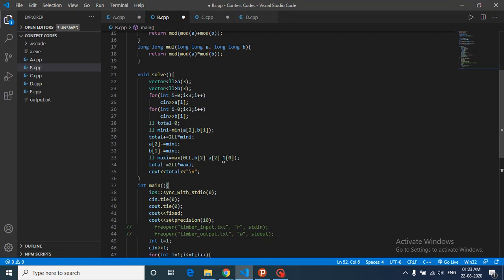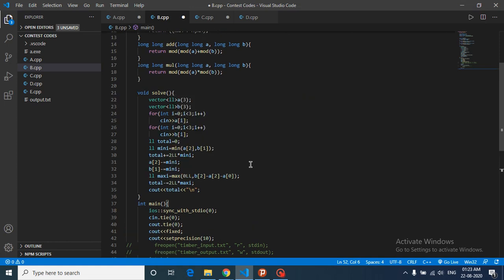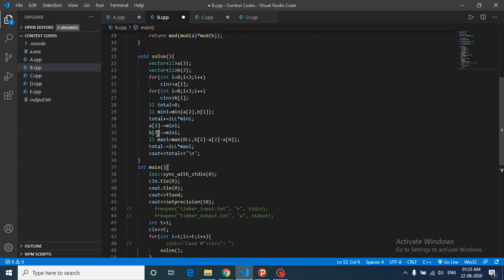So we will subtract them, and we will also take the maximum of this with 0, such that if this number becomes some greater number such that we cannot even satisfy this with these two numbers, then this maximum will decrement our answer. If this becomes 0, then we have satisfied the need of b2, and that's good. Maximum will become 0 and it will not decrement. But even if after satisfying this some number remains, then we have to decrement this from total, and then the total is the answer after doing these two operations.